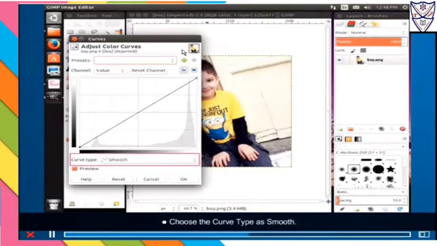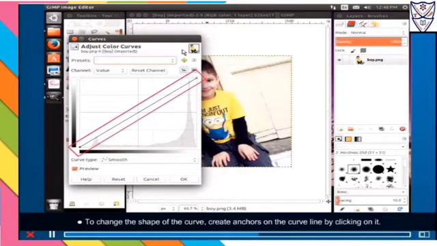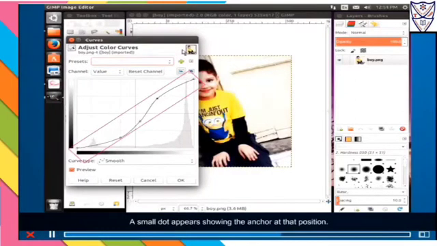Choose the curve type as smooth. To change the shape of the curve, create anchors on the curve line by clicking on it. A small dot appears showing the anchor at that position. We can move these anchors upward or downward as needed.